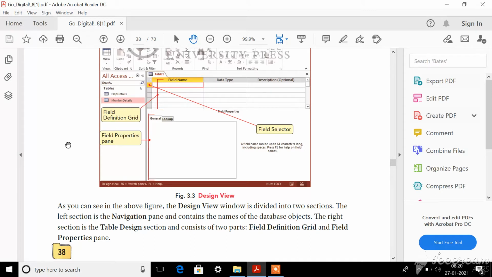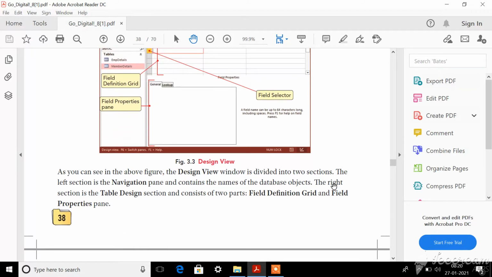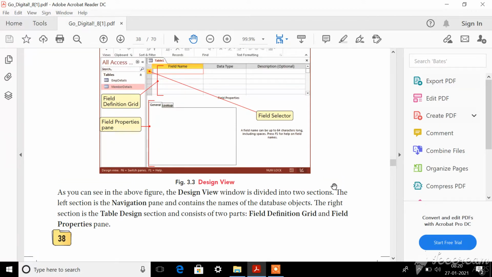This is the field definition grid, this is the field properties pane, and this is the field selector. These all things we have seen in the previous class, isn't it? You remember? And this is how your table looks like in the design view.